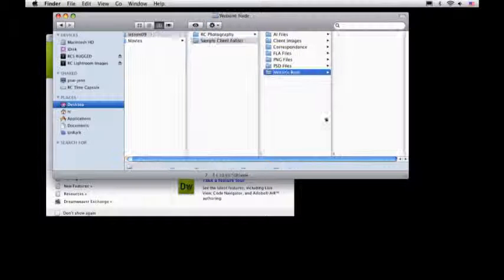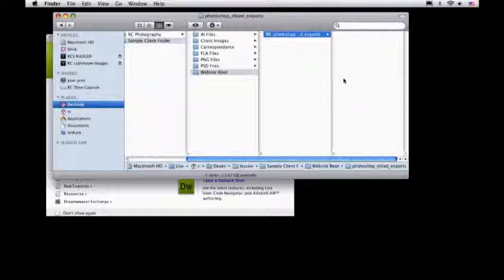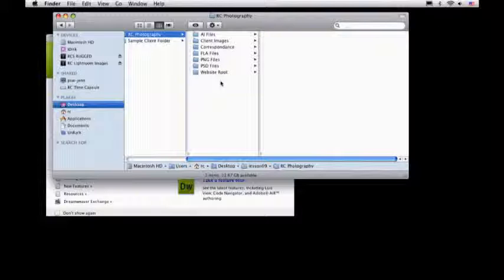Then you have a section here called Website Root that holds a folder called Photoshop Sliced Experts. That's all going to be used for any kind of website design stuff. I have another folder called RC Photography. Now this is the aggregate of all of the stuff that we've been working on. Again, most of these files are empty, but all of the work that we've been working on here is in